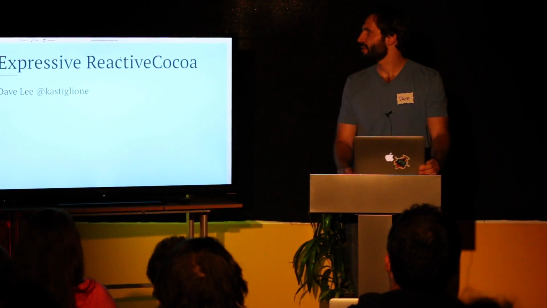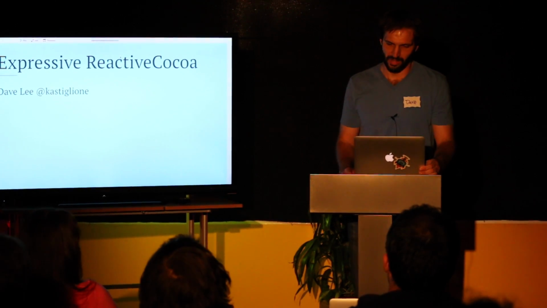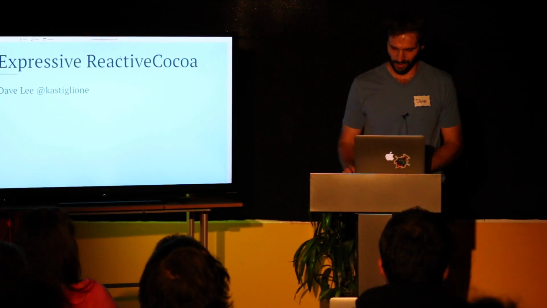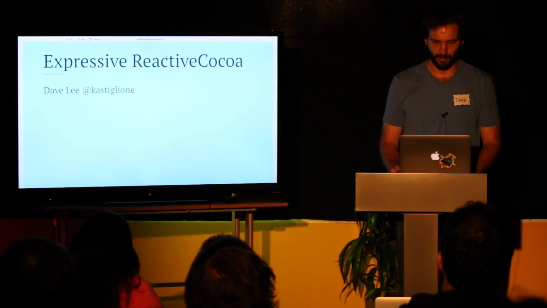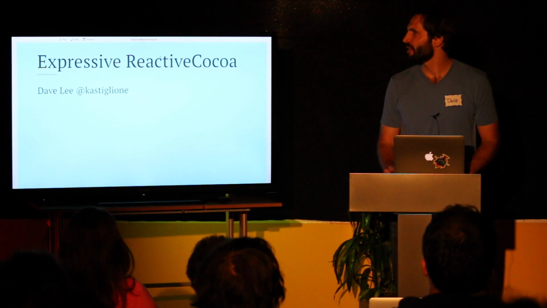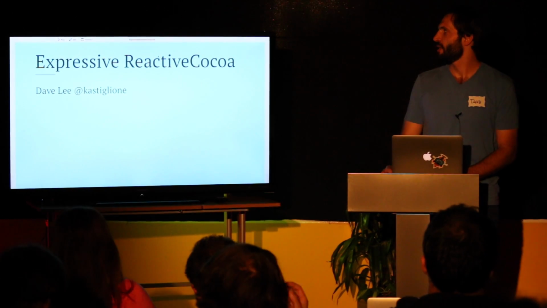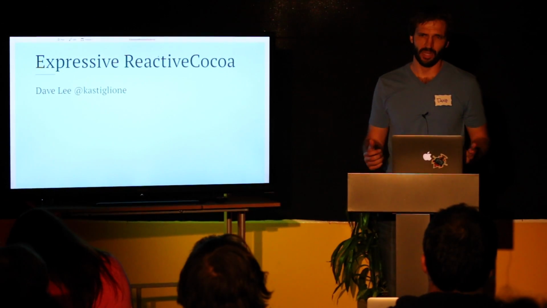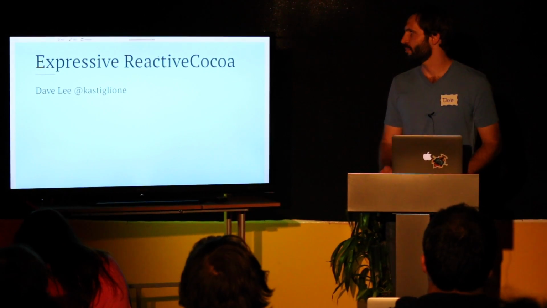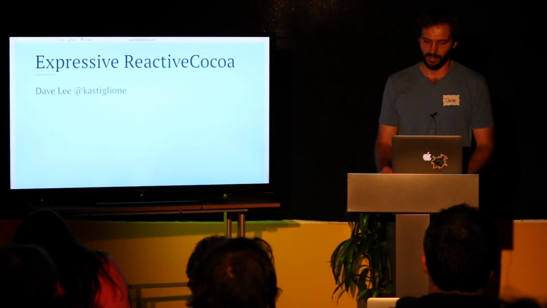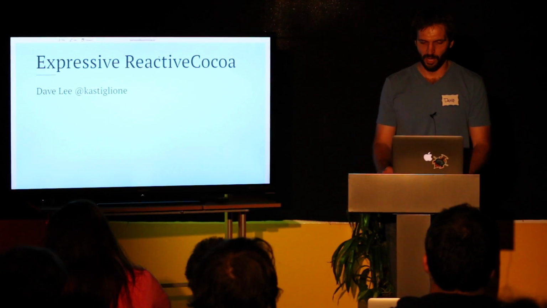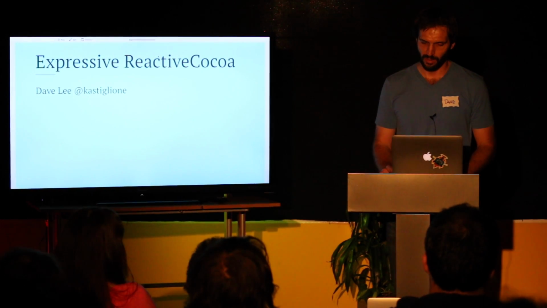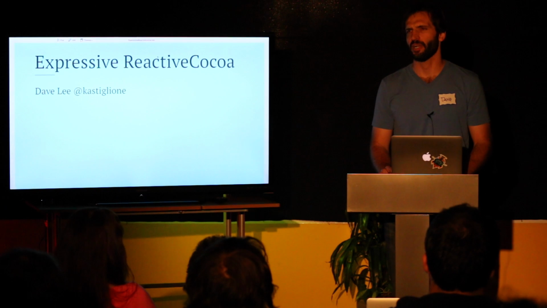The title is a bit of a title bait in that I think all Reactive Cocoa is expressive. I'm not going to be talking about ways to make it more expressive per se. This talk is kind of my take on Reactive Cocoa. It's not stuff that you may have seen elsewhere. It's not in Ash's book necessarily, or in the Reactive Cocoa docs. So it's my conceptualization of a certain way to come into Reactive Cocoa.